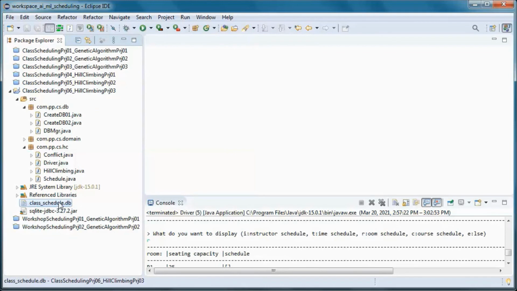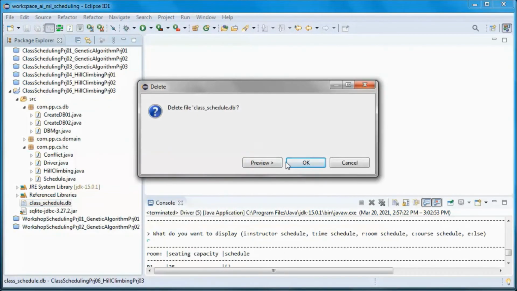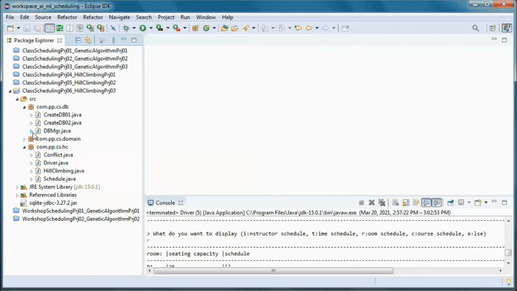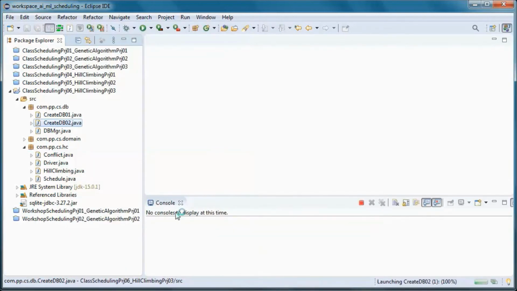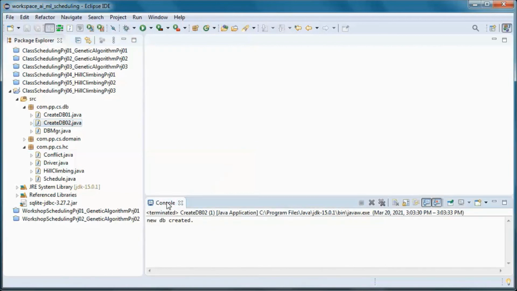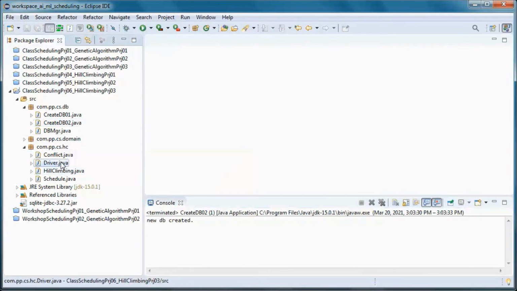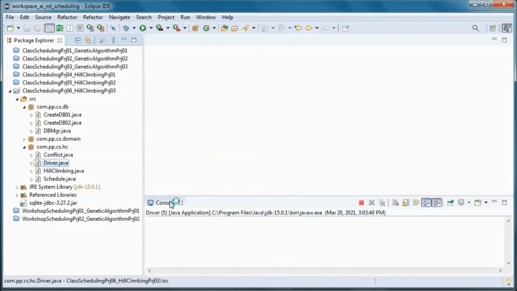So let's go ahead and delete this database, and we're gonna create a database from here. Let's go ahead and run the application again.